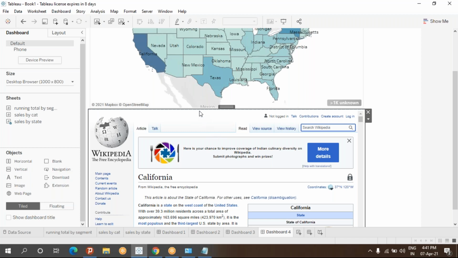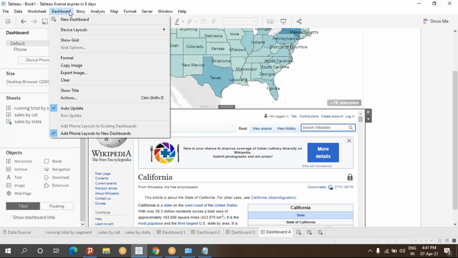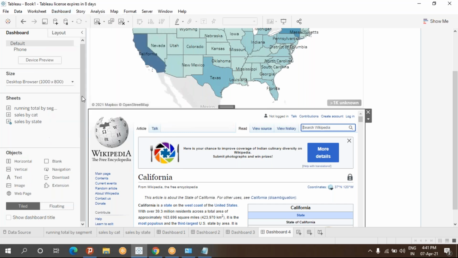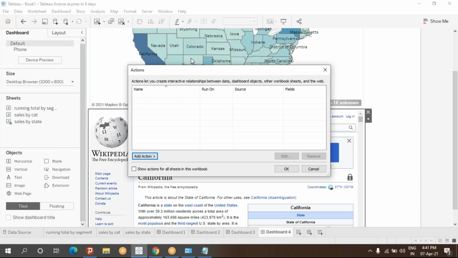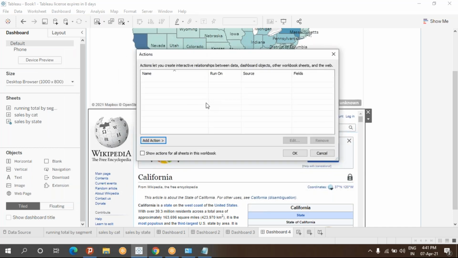So to create or add an action, you just click on the dashboard, as we are doing the dashboard concept now. Click on the dashboard, scroll down, go for actions. Once you click on that, you will enter this screen. Now just click on this add action, and now add action, URL, just click.